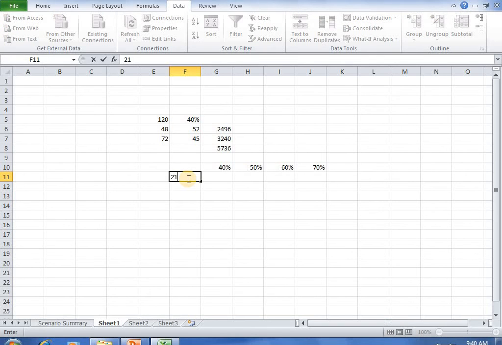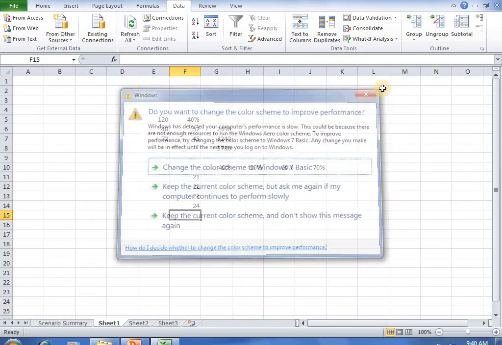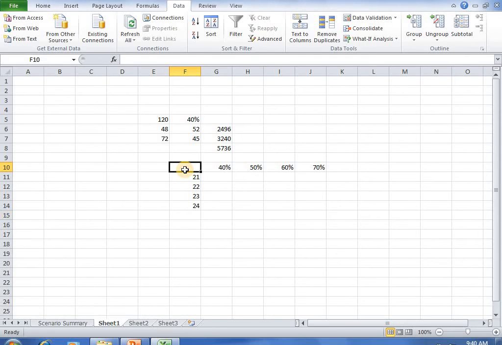Take any values, it might be 21, 22, 23, 24. After mentioning all these values, click on this blank cell and give is equal to and choose this total cell. Finally give enter. It displays the total value here.